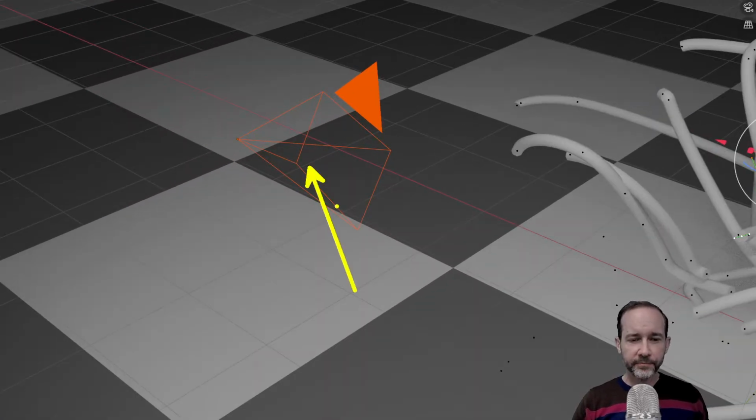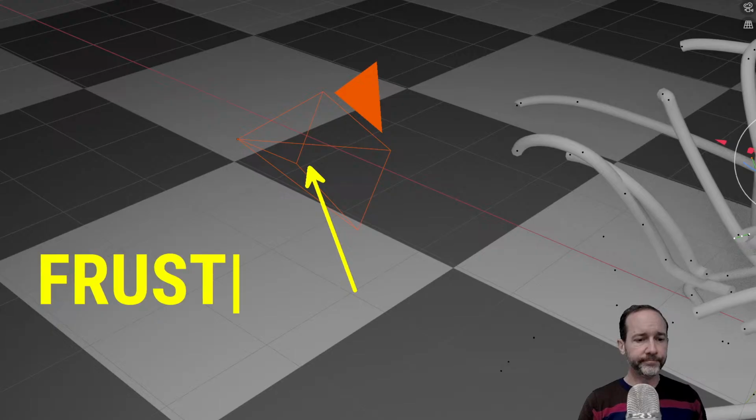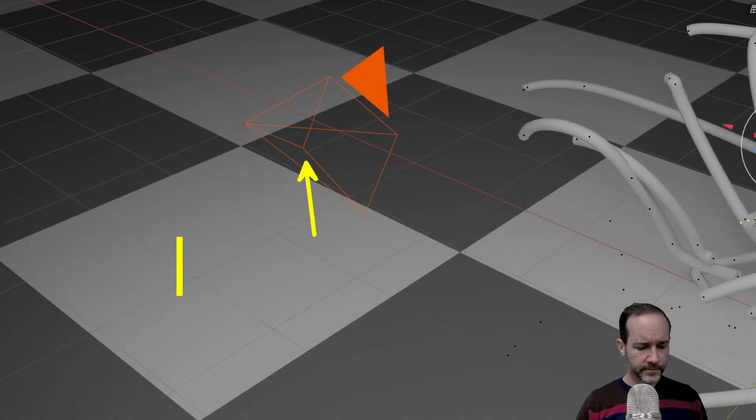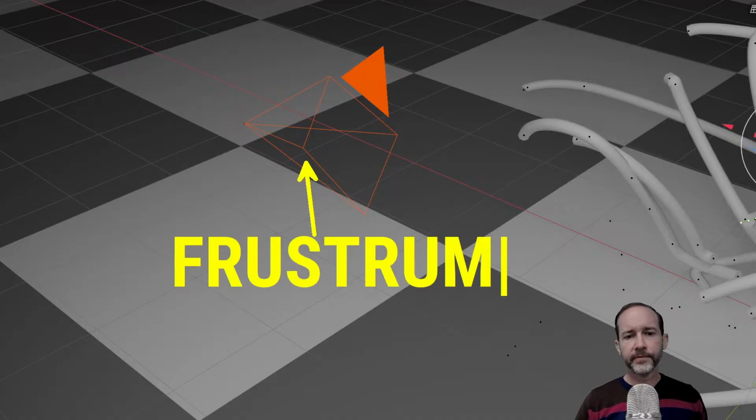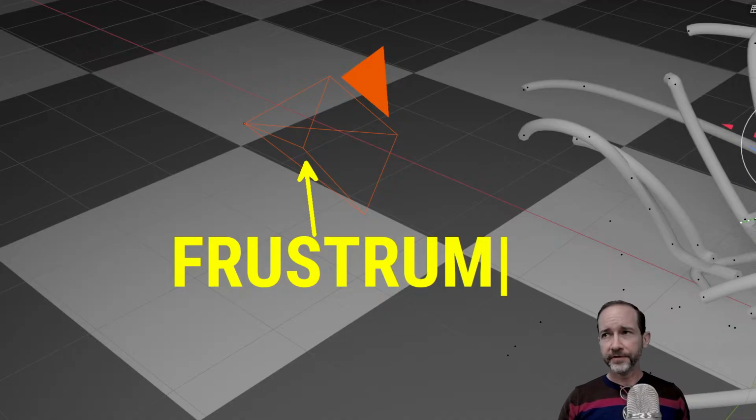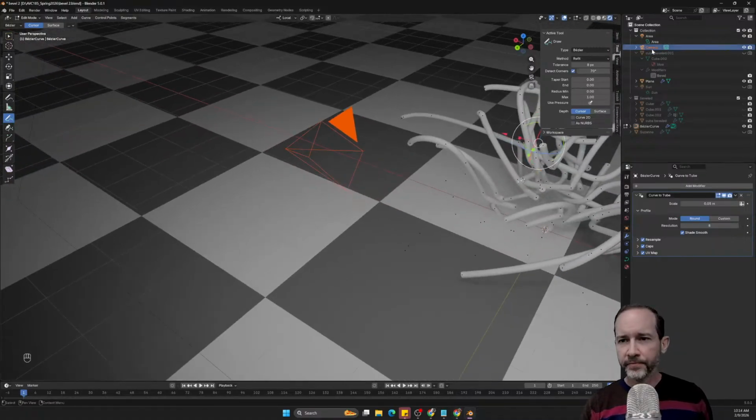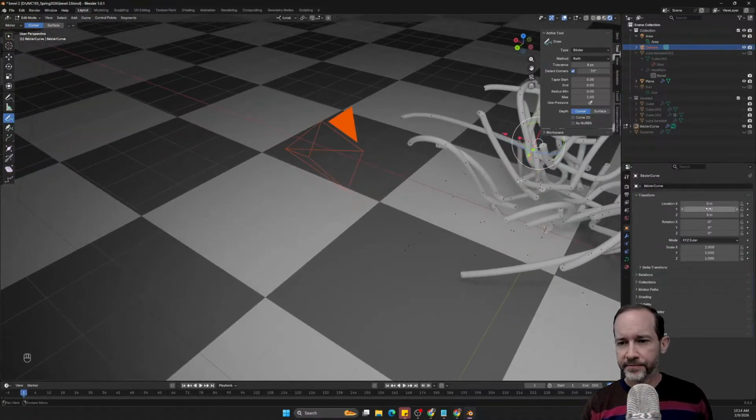This pyramid here, did I tell you before what that's called? Frustum. Am I spelling that right? Yeah. Okay, that's the name for this visualization of the camera view here, this pyramid shape. And so if I were to move the camera just as an object here,